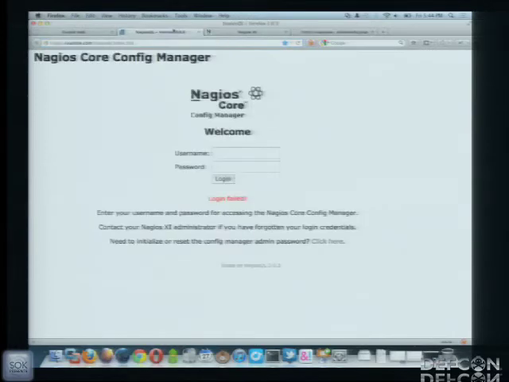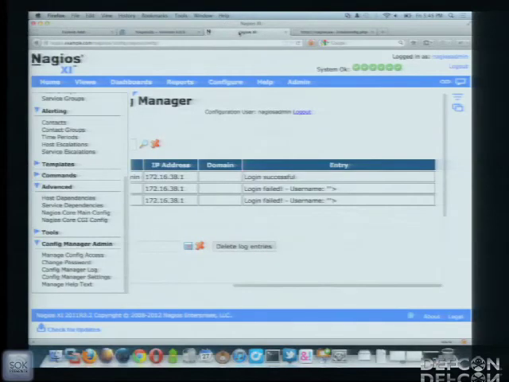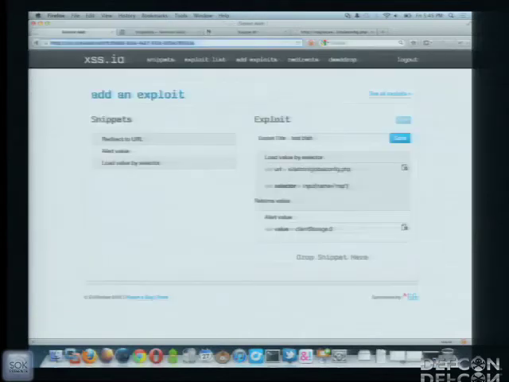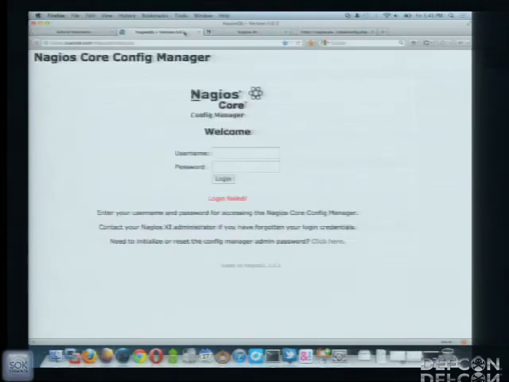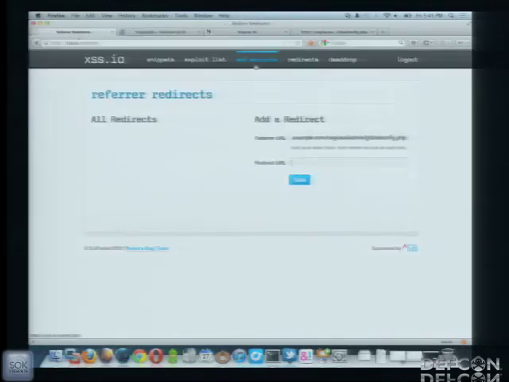Now let's say we have limited space, and we actually need every single character for XSS.io, and we can't have any trailing anything. Let's show the referer working in action as well. We're going to add a redirect from that particular URL that gets loaded, and we're going to redirect that to, of course I didn't copy the